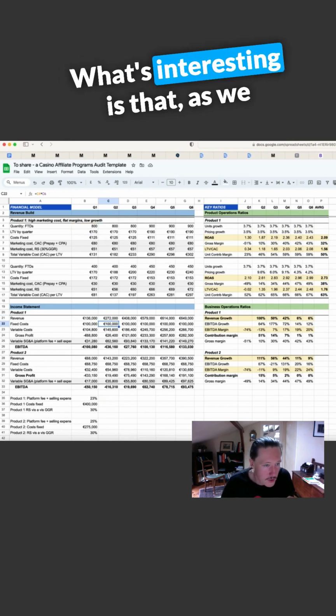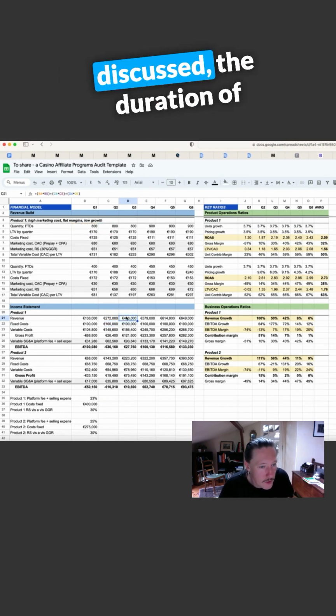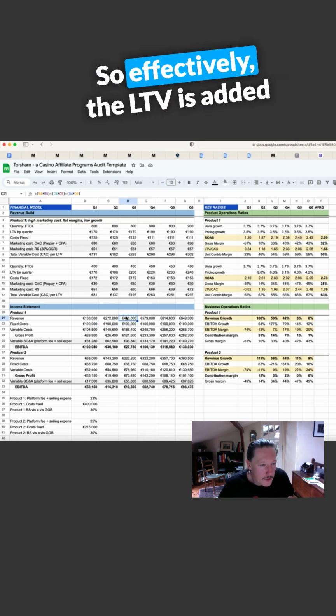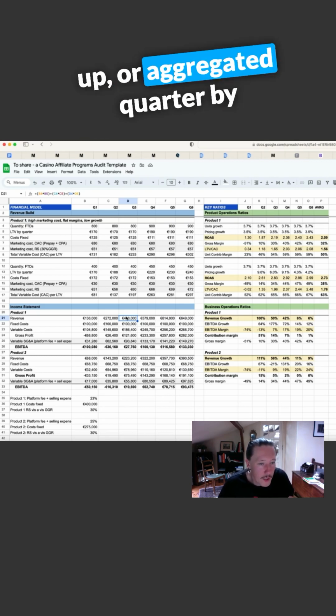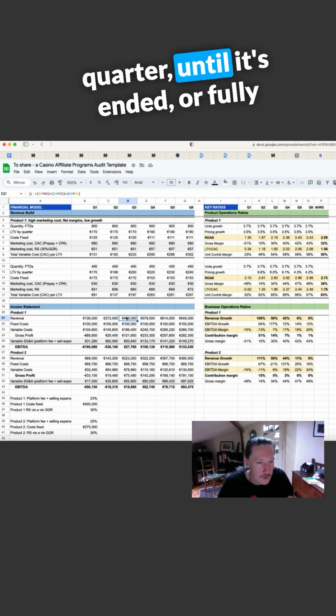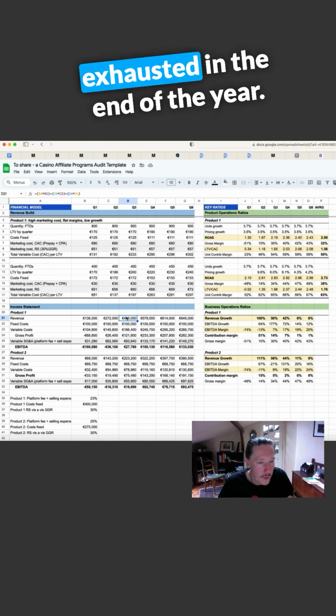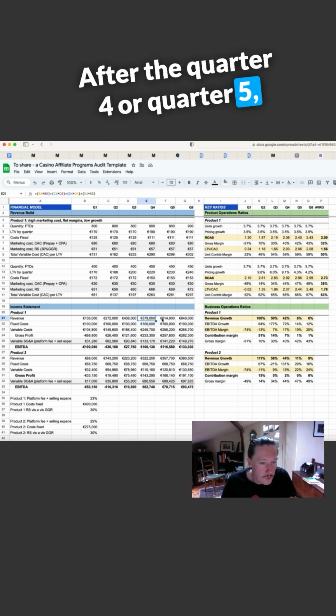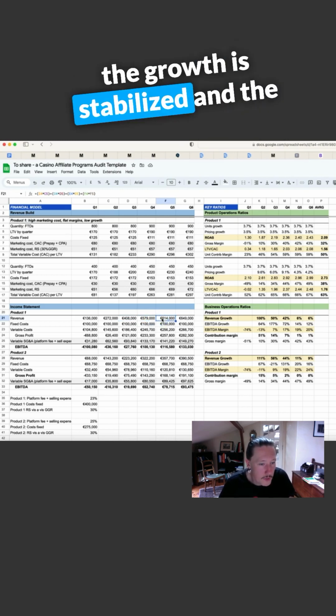But what's interesting is that, as we discussed, the duration of lifetime of a player is 1 year. So effectively, the LTV is added up or aggregated quarter by quarter until it's fully exhausted at the end of the year. So it means that after quarter 4, quarter 5, the growth is stabilized and the